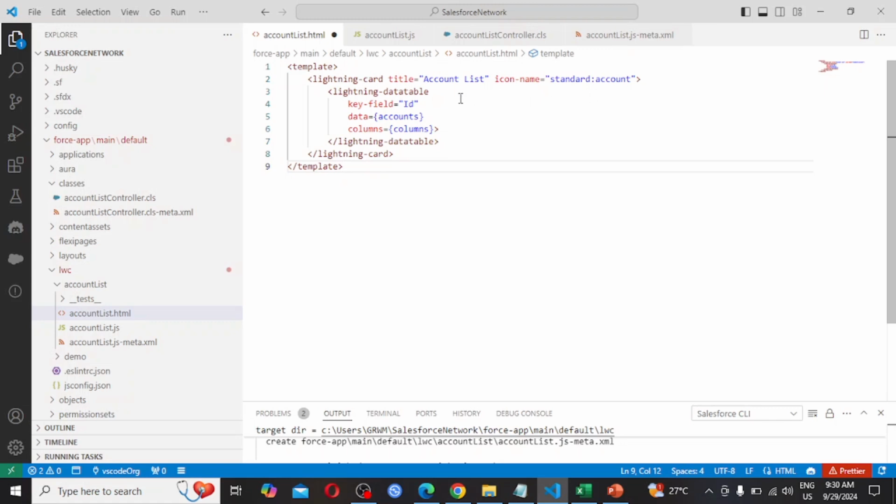Lightning-datatable, key-field Id, data accounts, columns, and closing the lightning-datatable, followed by lightning-card, and finally the HTML tag is closed. So save this file.